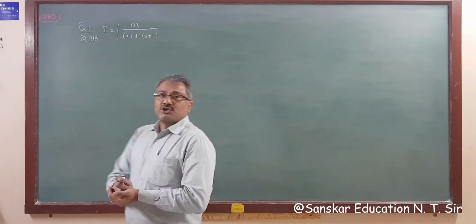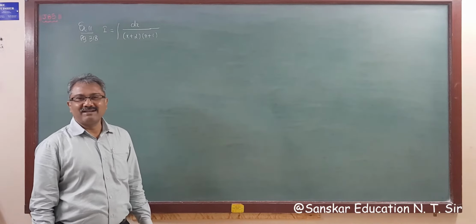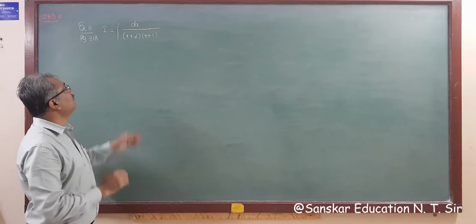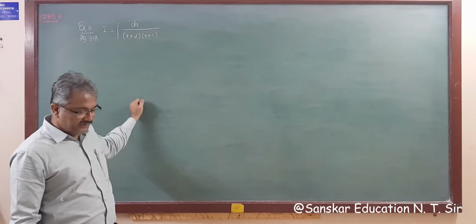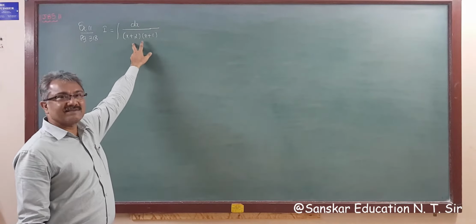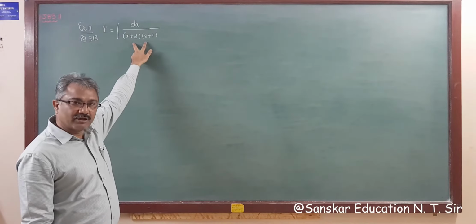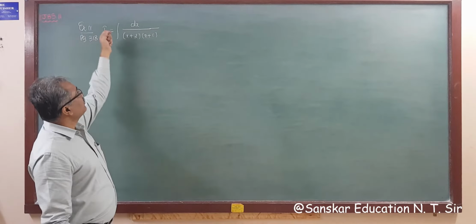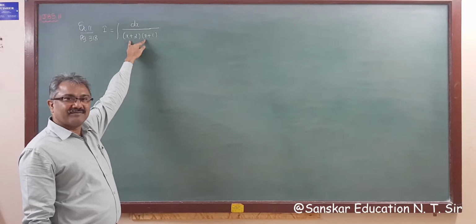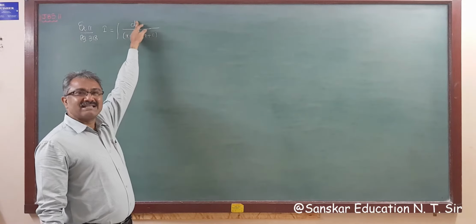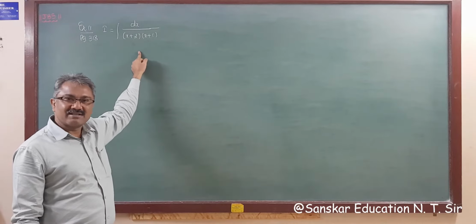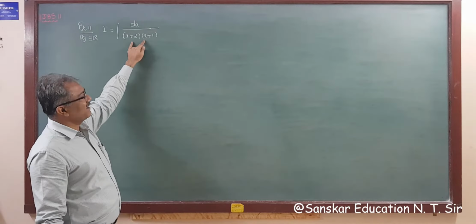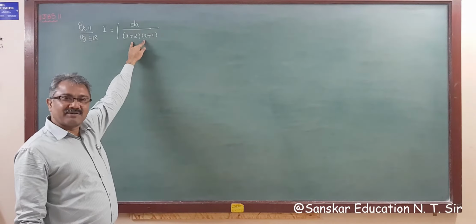Okay, so first question. Illustration number 11, page 318: the integrand is 1 upon (x plus 2)(x plus 1). So in the denominator, x plus 2 and x plus 1 are there. That is a non-repeated linear root. Also the degree of the denominator, if you multiply, is x square, so the degree of the numerator is less than the degree of the denominator. That is a proper rational function. And if this is a proper rational function and the denominator is factorized, we have to apply the partial fraction method.